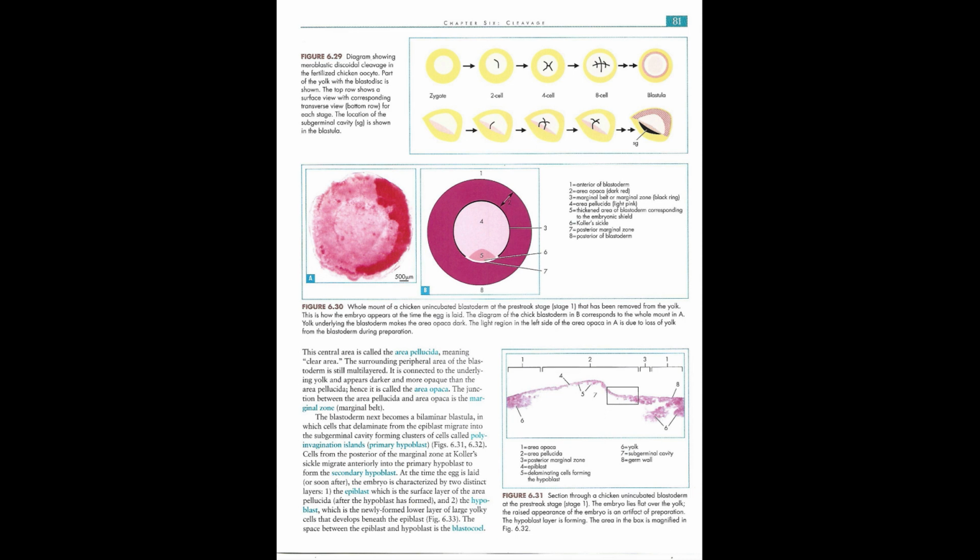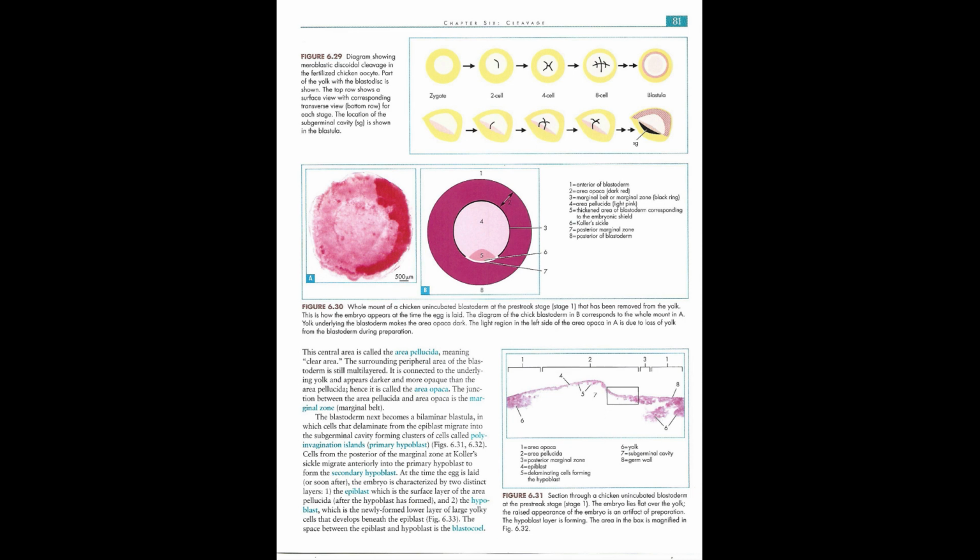The blastoderm next becomes a bilaminar blastula, in which cells that delaminate from the epiblast migrate into the subgerminal cavity, forming clusters of cells called polyingression islands, primary hypoblast, Fig 6.31, 6.32. Cells from the posterior of the marginal zone at Koller's sickle migrate anteriorly into the primary hypoblast to form the secondary hypoblast. At the time the egg is laid, or soon after, the embryo is characterized by two distinct layers: